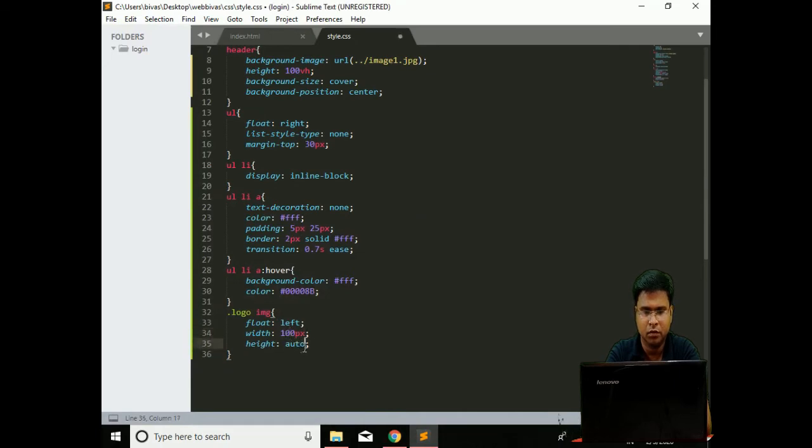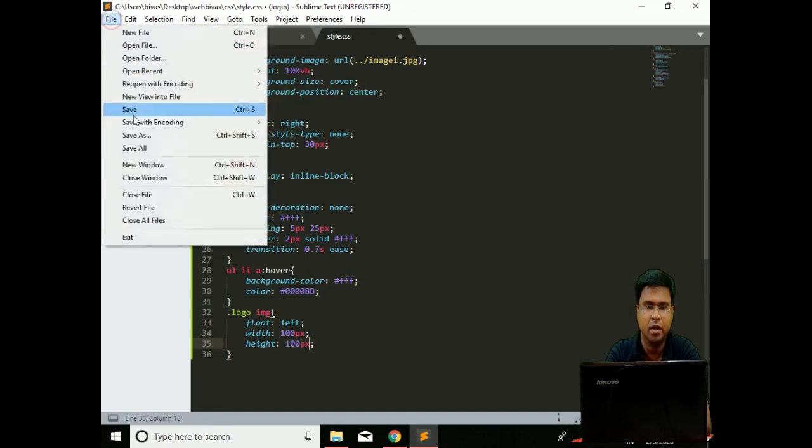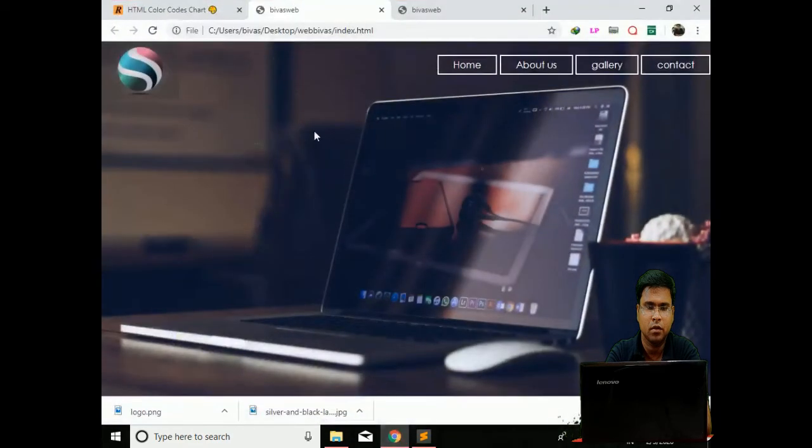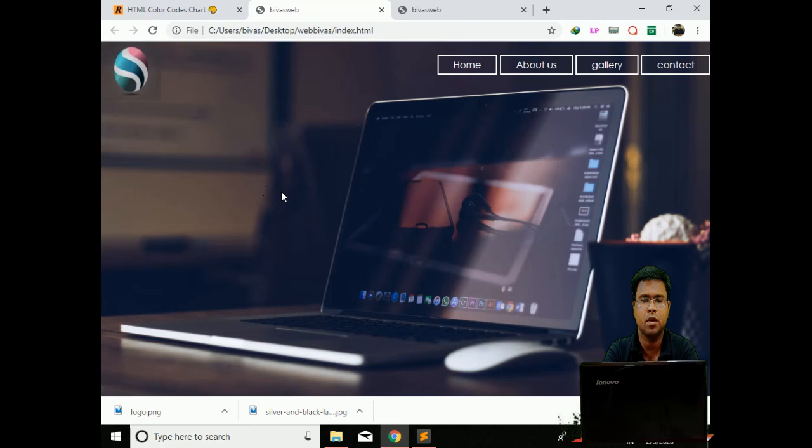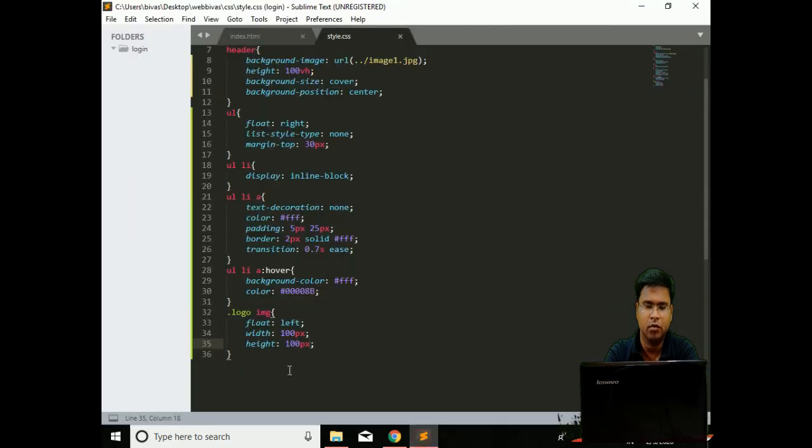You can also change the properties of height. I'm showing you all the effects, how it looks, so that you will get a proper idea. If I have given 100 pixels width and 100 pixels height, then it will look like this. Or you can also go with the previous setting, with 130 pixels width and auto height.